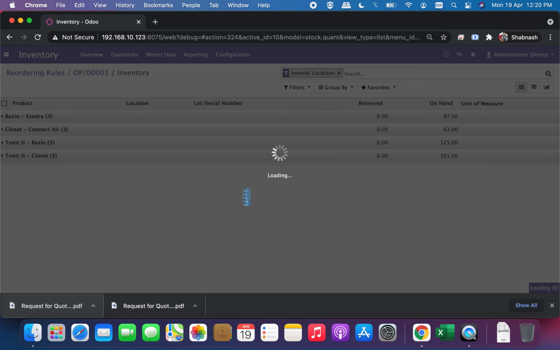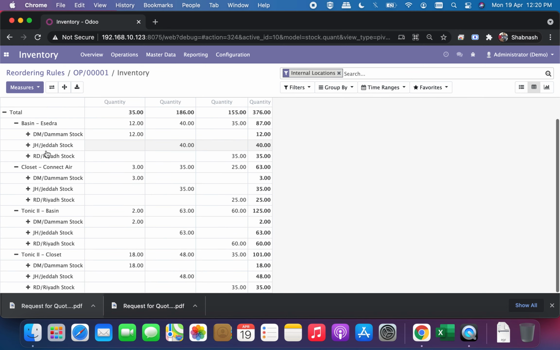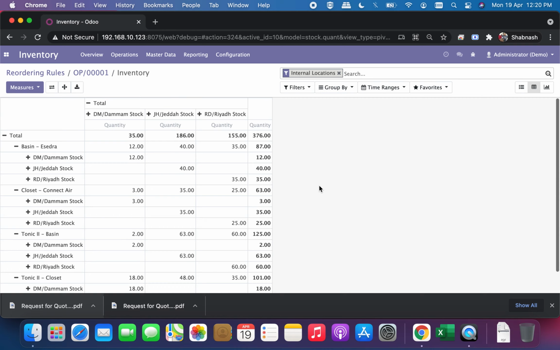Just give it a minute because it's opening for the first time. You can see that in each location you have these many pieces of product. If you look at the basin, in Dammam you have 12, in Jeddah you have 40, and in Riyadh you have 35.